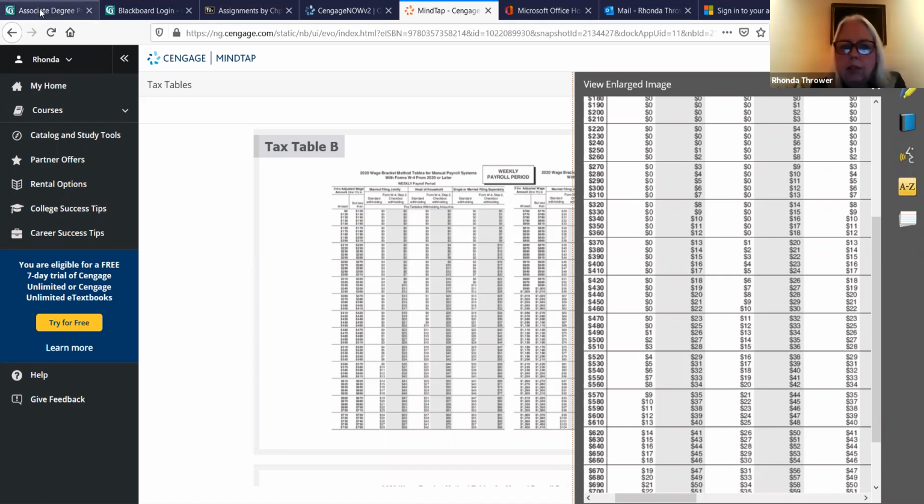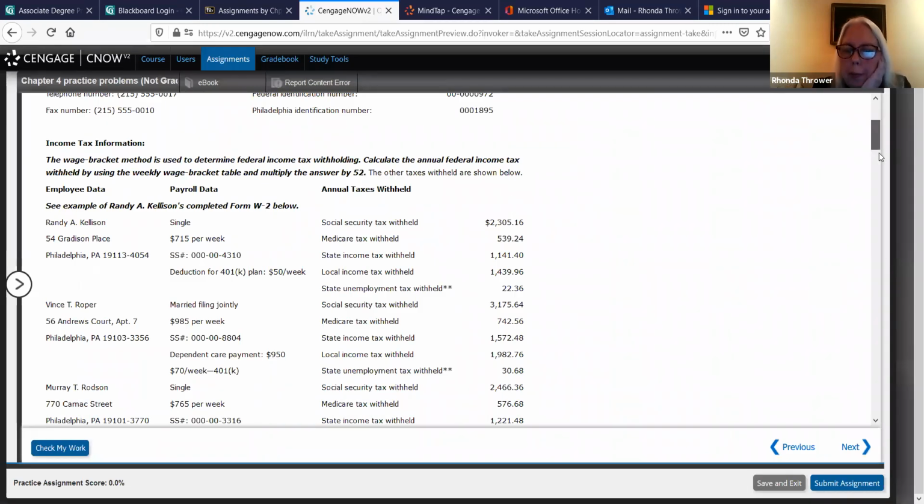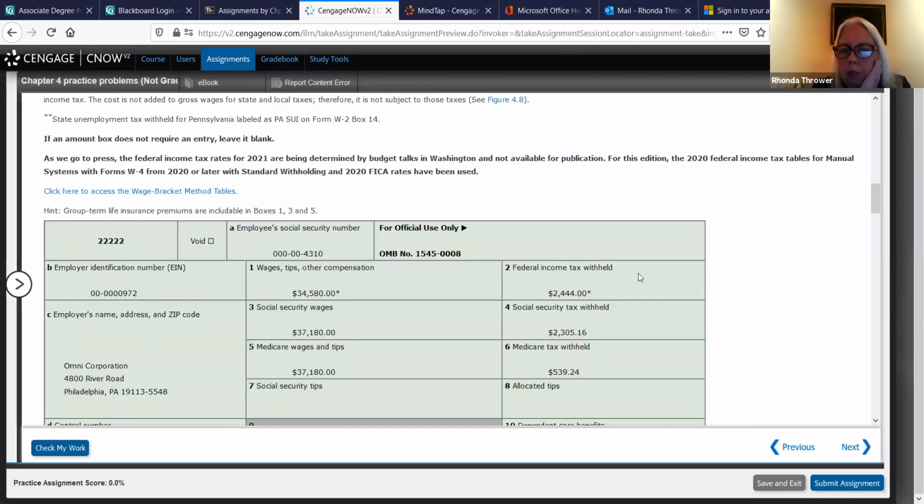Let me check and see if I've got on the right form, or right bracket. Yep, I did. And so the federal income tax is